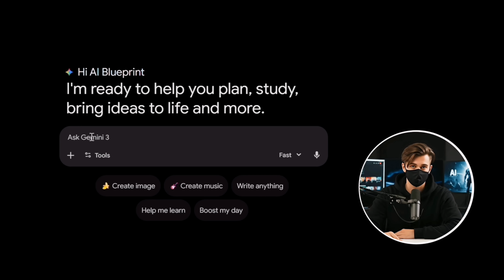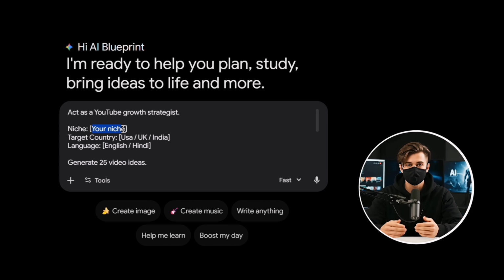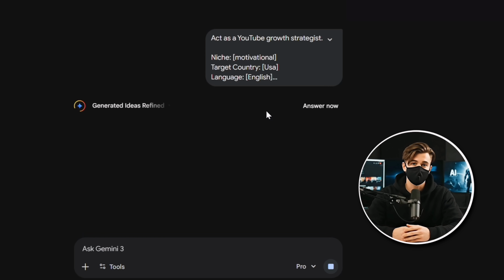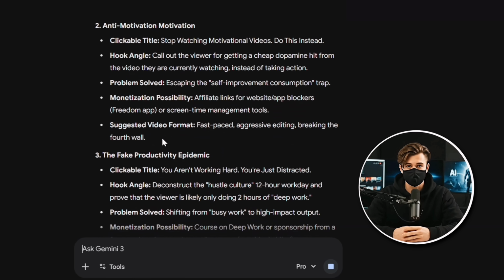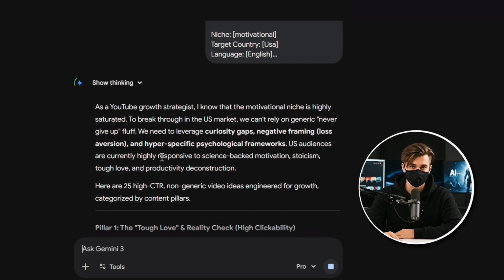After copying the prompt, open Gemini and paste it there. Inside the prompt, you'll see a section that says Your Channel Niche. Here, you just need to describe your channel's niche. You can keep it simple or write it with a bit more detail. You can also select the language you want the results in. Then, click Send. Within a few seconds, Gemini will generate multiple video ideas related to your channel niche that you can use for